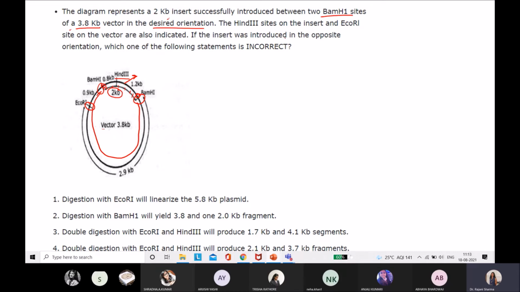If the insert was introduced in the opposite orientation, which of the following statements is incorrect? So what will we be doing, if we are going to insert it, instead of orienting, here what we can see: of this 2 kb base pair of our desired gene, when we cut this desired gene with HindIII